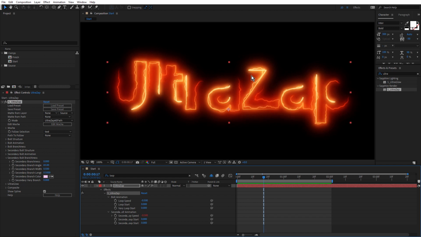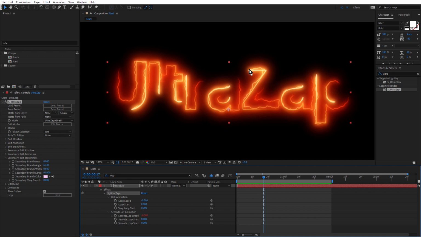Next, I want to duplicate this effect and create this sort of leading hotspot. Now, I could have created a hotspot just with one UltraZap by having my primary bolt and then using my secondary bolt and making it much thicker to create a hotspot. But I'm a bit of a hog and I want to have 3 bolts. So I want to have my primary and my secondary, and I want to add a 3rd bolt at the very start so we have this nice bright hotspot.